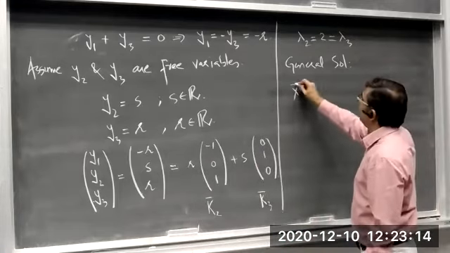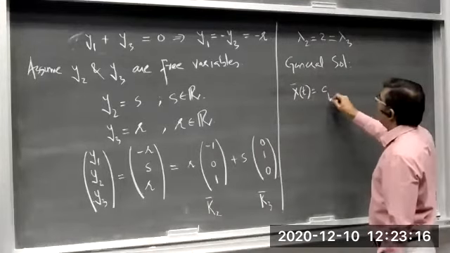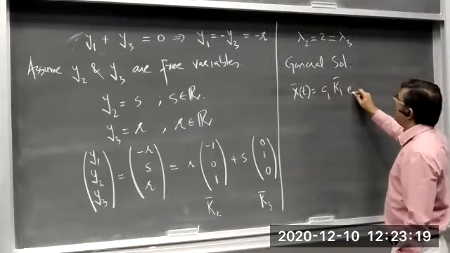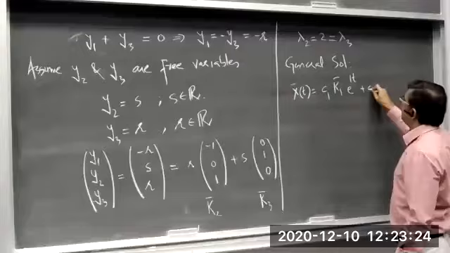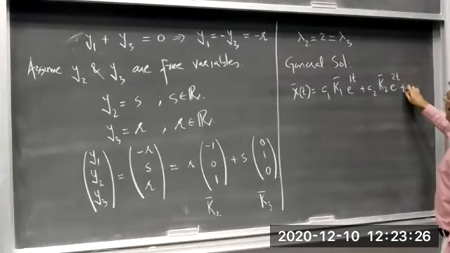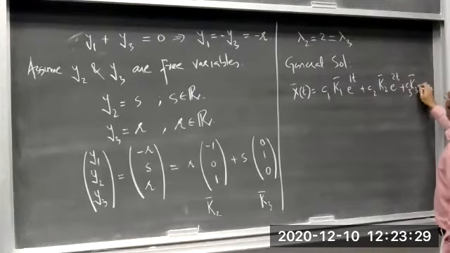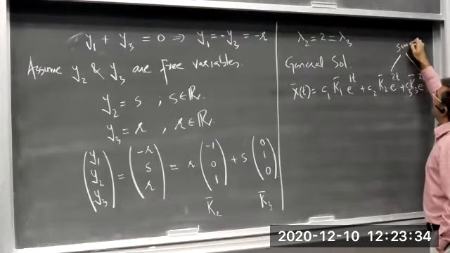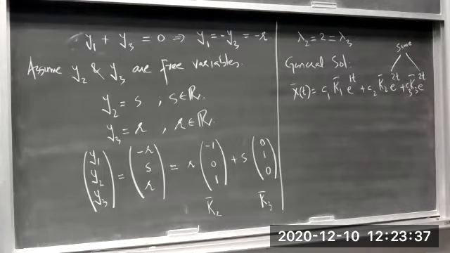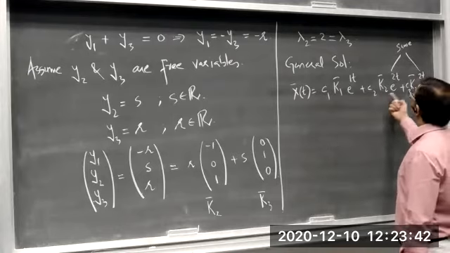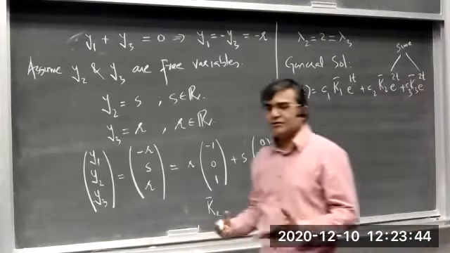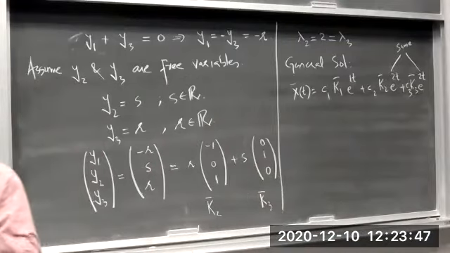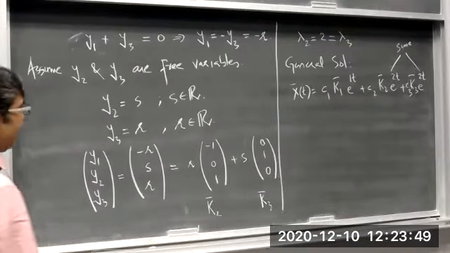So thus the general solution is nothing but C1 K1 e raised to the power 1t plus C2 K2 e raised to the power 2t, since lambda 2 is 2, plus C3 K3 e raised to the power again 2t. This 2 and this 2 are the same, but the eigenvectors are different. So this will be the general solution. By inserting the values of K1, K2, K3, you get the general solution in this case when the eigenvalues are real and repeated. In case 1,